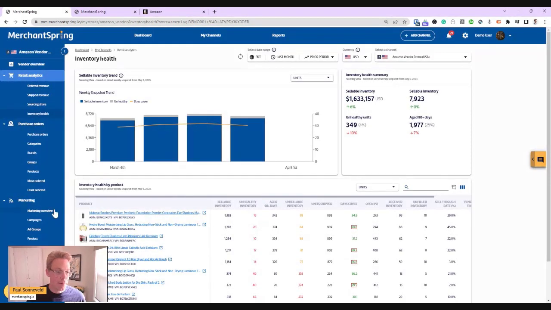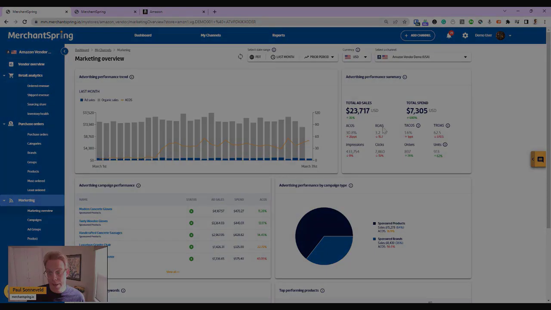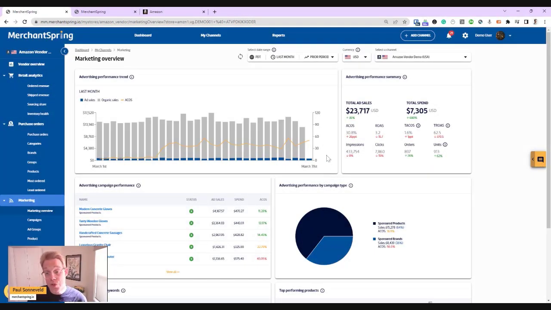Last but not least, marketing. And as I said before, this module looks, smells, and feels very similar to the module inside Amazon Seller, with a couple of exceptions. Mainly how we approach the calculation of TACoS and TROAS. For the purposes of Amazon vendors, we use ordered revenue as the denominator for TACoS and TROAS. Obviously, these numbers are related. Other than that, the module works the same.